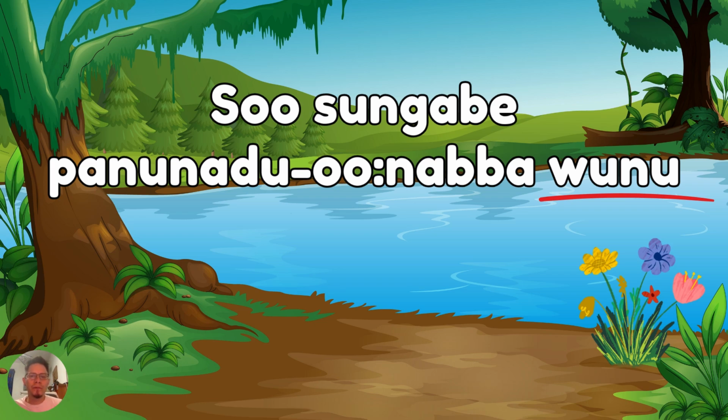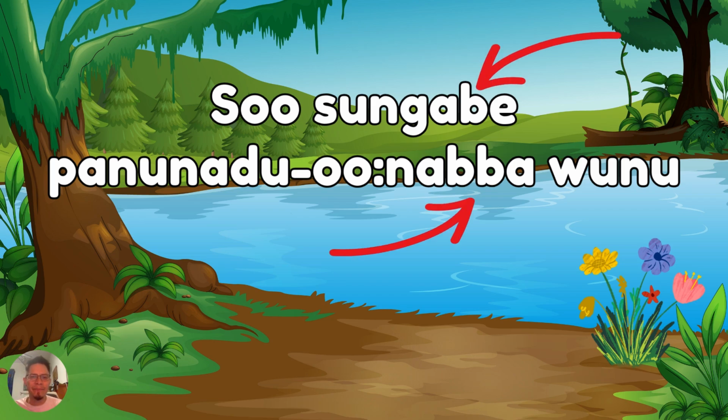So susungabi panina de unaba wun means the tree is on the other lake, or literally the tree stands on the other lake. Also, a note on pronunciation. Notice that single B in the word sungavi. The single B indicates a soft B sound. It's v, v. You're bringing your lips together, allowing the air to flow kind of freely, with a little bit of a vibration on your lips. V, v, sungavi. The soft B is oftentimes spelled